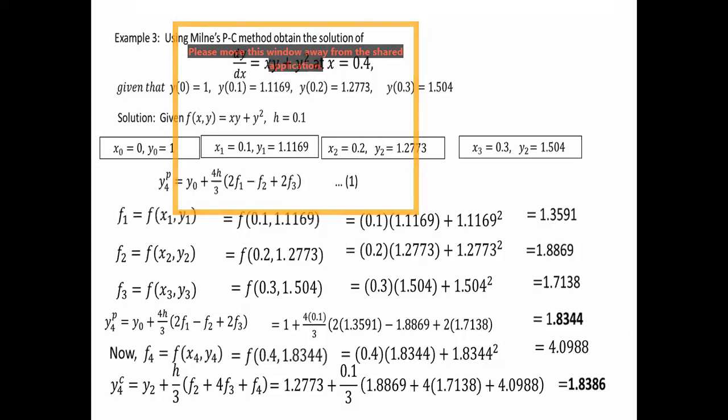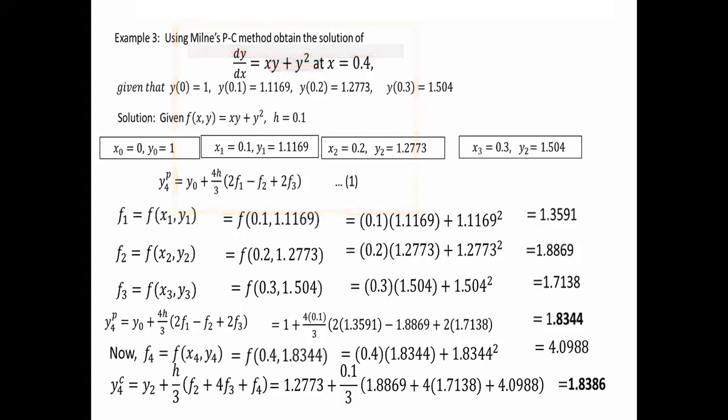Another concept here is the solution of integral equations. Solution of integral equation means here just